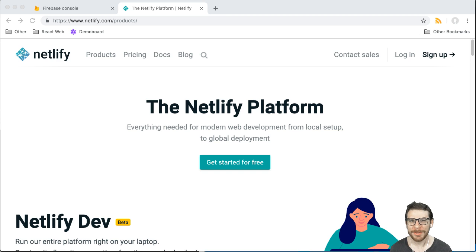So here we go. Today I'm going to be walking through the process of creating a new app with Firebase and Create React App. I'm going to show you how to set up hosting, how to set up functions, and I'm going to walk you through the process of actually creating an app with Create React App. But first, I've got a question